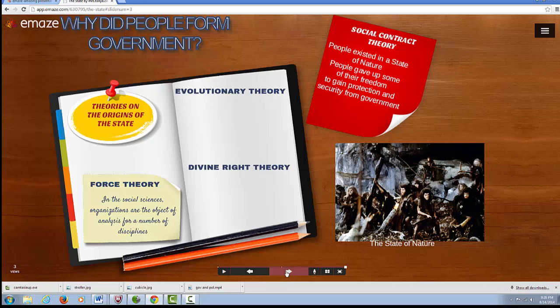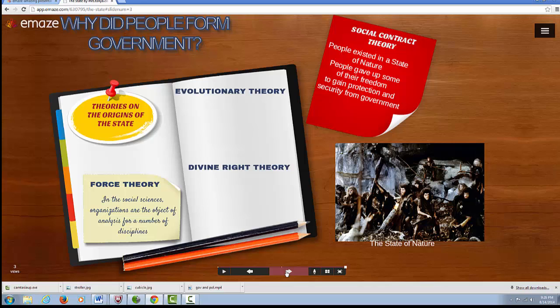Likewise, if you're a ruler, it almost leads to a sort of sense of entitlement, or it's very easy to become a tyrannical government if you believe that your power was willed by God and that it's your God-given right to rule. Basically, with divine right theory, it becomes really hard to see how the government might be answerable to people. And as I said, this idea began to be questioned during the Enlightenment, which led to the final theory,